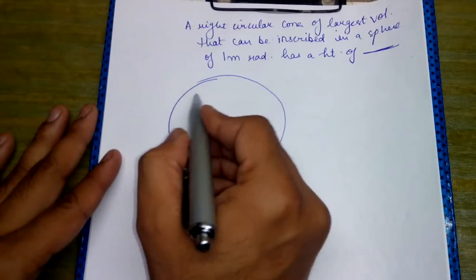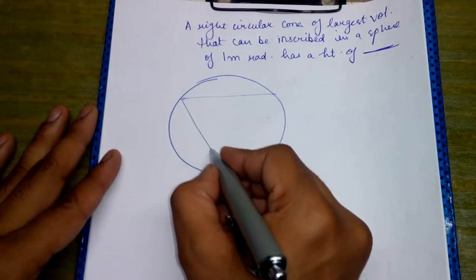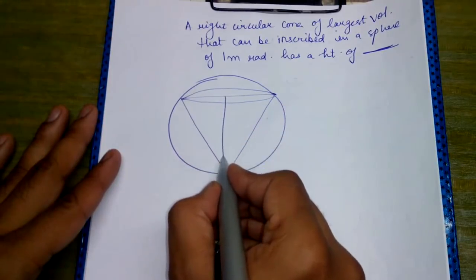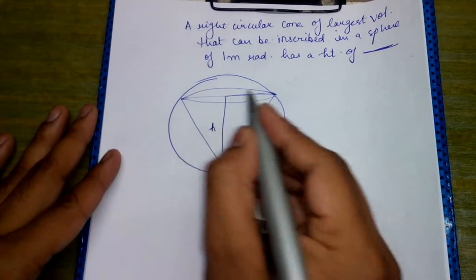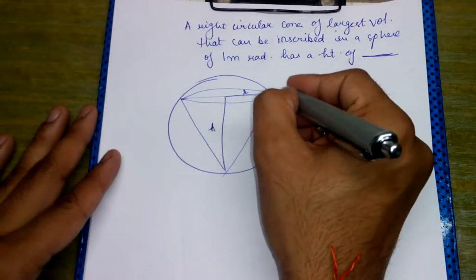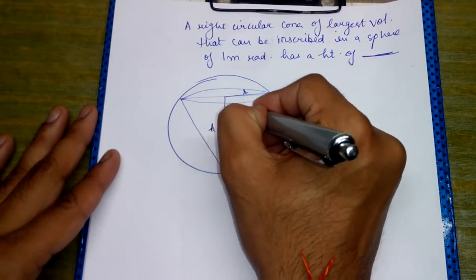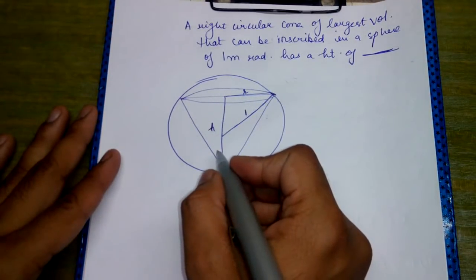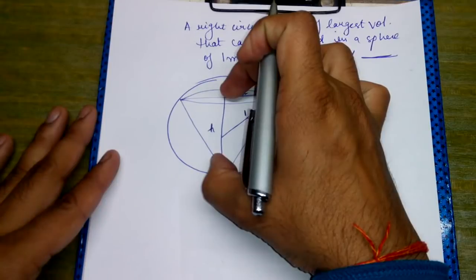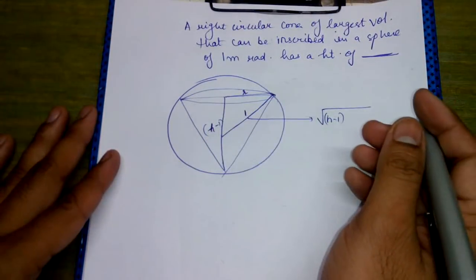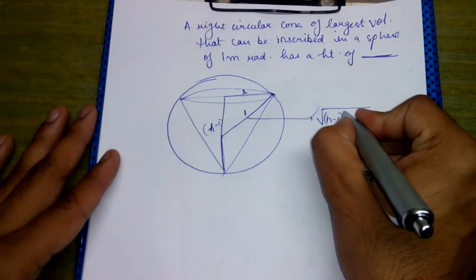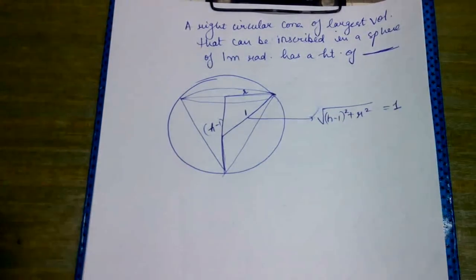This is the sphere, and let us say that this is the right circular cone. This is the height of the cone. This is the radius of the cone, and let us join with the center, and this is radius, that is equal to 1. If this is complete h, this part would be h minus 1. Of course it would be h minus 1 because this is also 1 and this is complete h. So h minus 1 whole square plus r square is equal to 1,